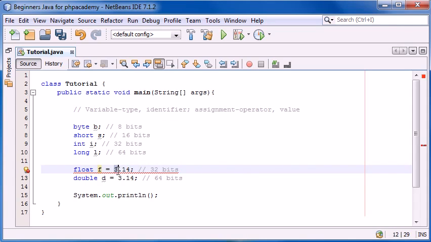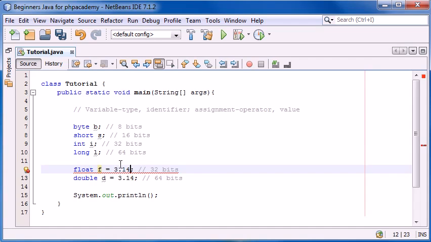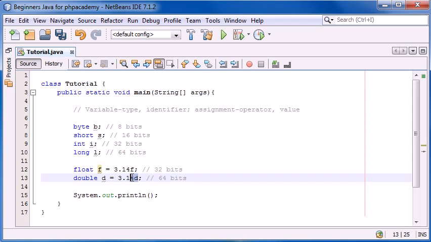And the reason that this is underlined red is because this is still counted as a double number. It's not technically a float. The way we differentiate between different types of variables is simply by adding a suffix of the variable type. So we need to reassure Java that we're using a float rather than a double. All we need to do is put the letter F, and then for the other ones we can put the letter D. It's only really necessary if Java is throwing an error like it was for this float one here, but we can just reassure Java by putting the letter of the variable type